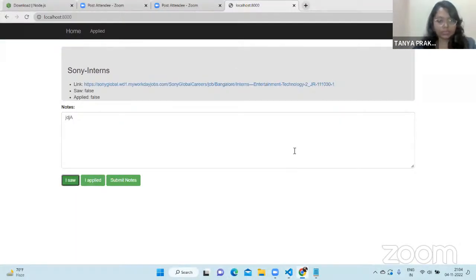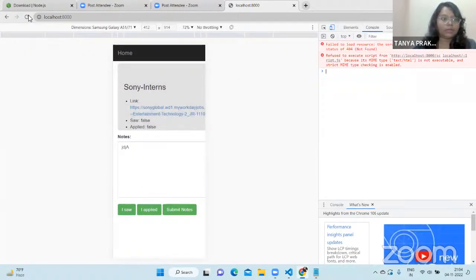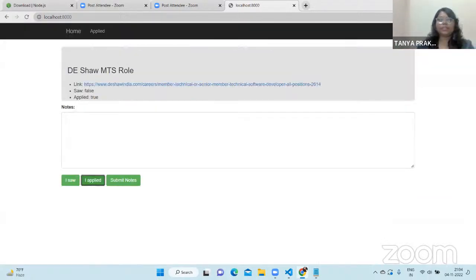Let us open the inspect. Okay, so you can see it is coming as 404, which means that it is running, but now we have to go to our server.js and write the particular post request. So going back